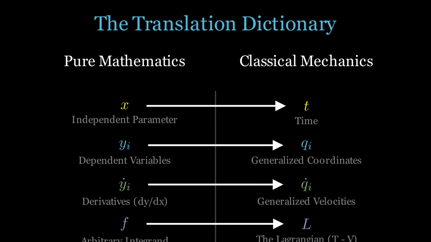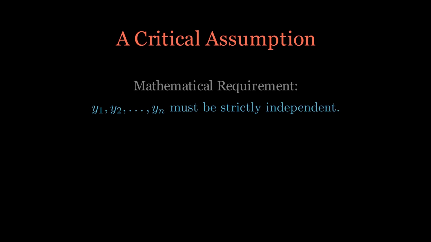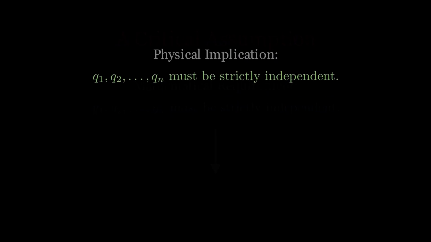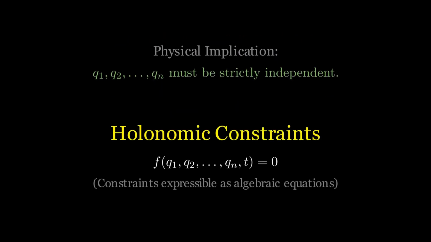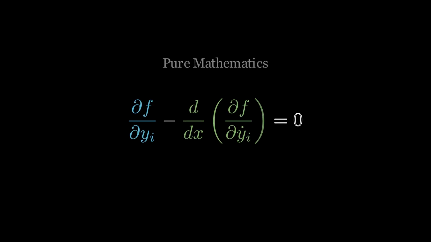In deriving the generalized Euler equations, we relied on one absolutely critical assumption, that the yi variables were independent. The corresponding condition in connection with Hamilton's principle is that the generalized coordinates qi must be independent. This requires the constraints on our physical system to be holonomic. If the constraints are holonomic, we can always choose a set of independent generalized coordinates. Substituting our physical variables into the Euler-Lagrange equation, we obtain the Lagrange equations of motion.